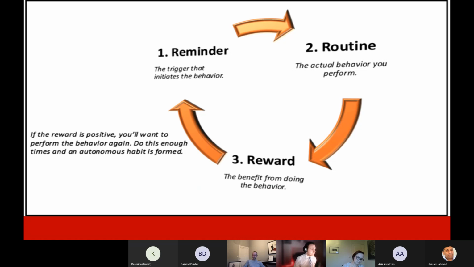So the method he teaches, just doing this routine, this habit loop, was: okay, the first day, day one, you're going to walk 500 meters. And when you have walked 500 meters, you're going to stop. Day two, you're going to walk 550 meters. And when you have walked 550 meters, then you're going to stop.